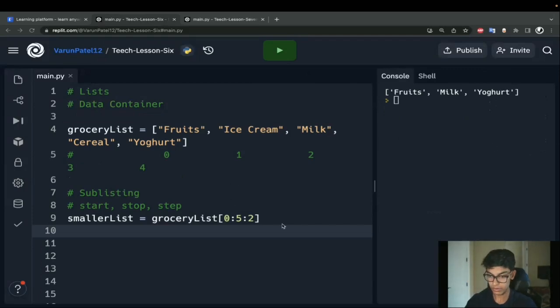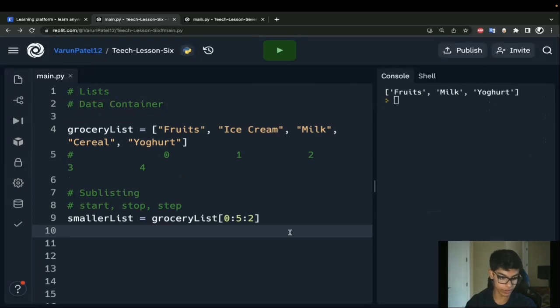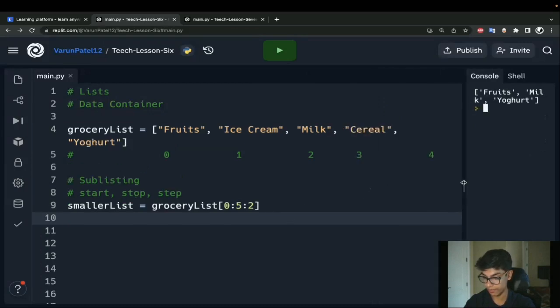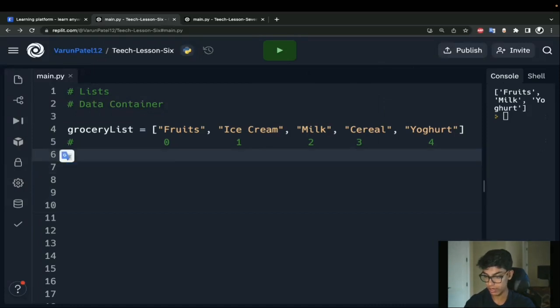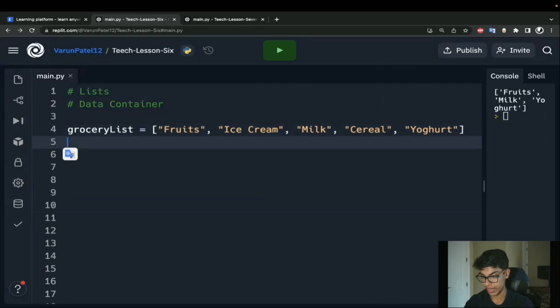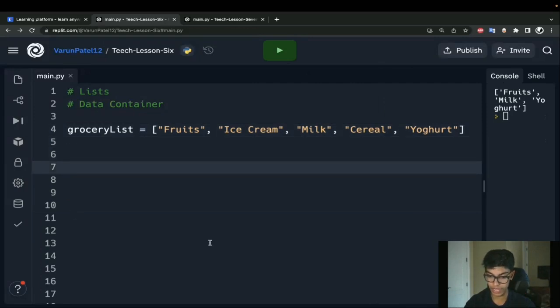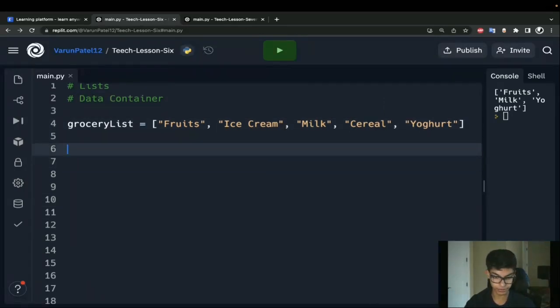So we've gone over sublisting, we've gone over our length function, our for loops. Now we're going to go over changing values in a list, deleting values from a list, and adding values to a list. So those are the last three things we have to cover. Let me make this a little bit smaller. Let's clear this out. And I'm actually going to go ahead and get rid of these indices right here, so we don't have them to hold our hand for us. We have to be able to do those things mentally.